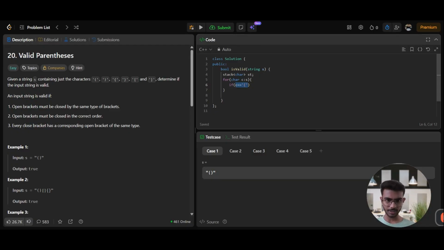This code is very repetitive, so I use copy paste. If so, st dot push it into the stack, else